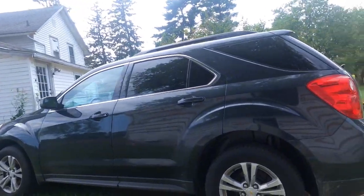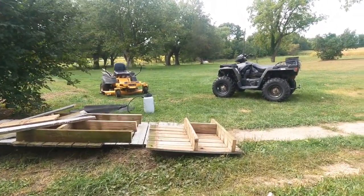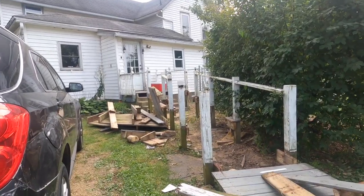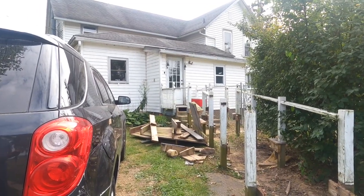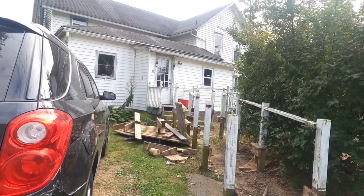If you go out here and you look over here, this is what else I'm working on. There was a ramp here I put in when my mother was here, and she was in her 90s and couldn't motivate very well anymore. And so now I'm taking it out because